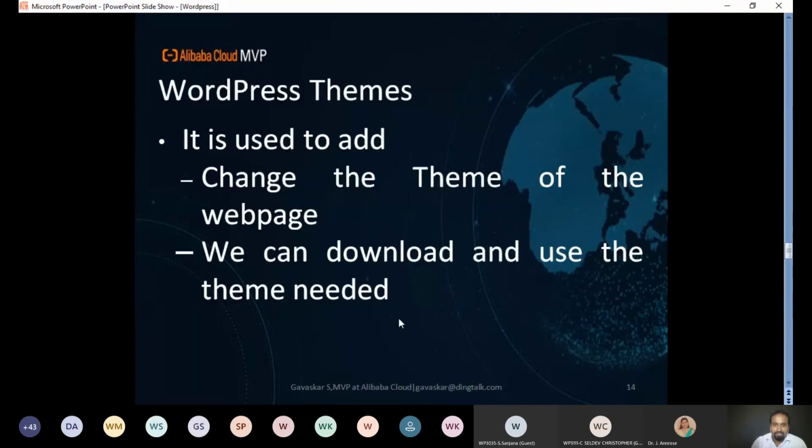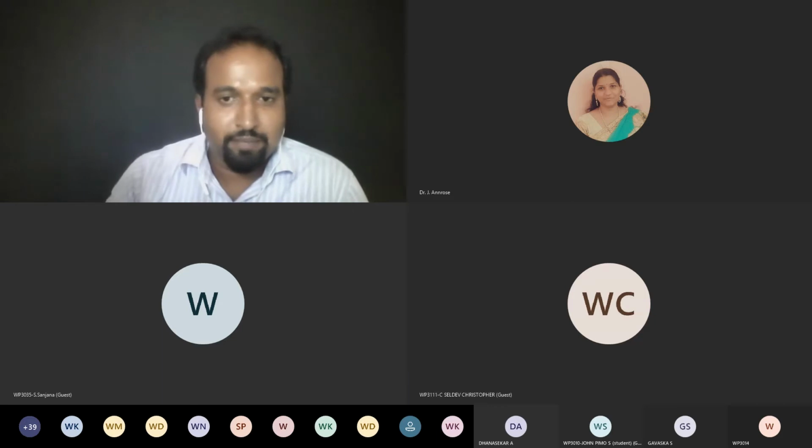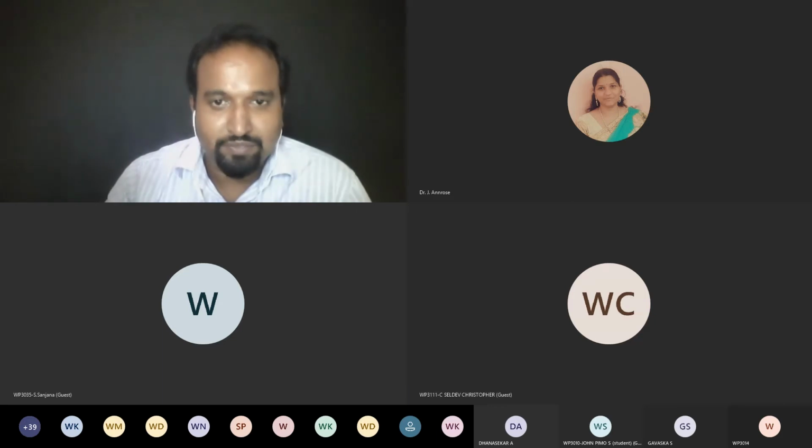Now it's completed. So now I hope that pages, I didn't mention that in the slide. You can see how to create a page and how to add the page. This is not present in the slide. Okay, now I'll display the video of how to create a page. Previously we have created a post. Now we are going to see how to create a page in WordPress.